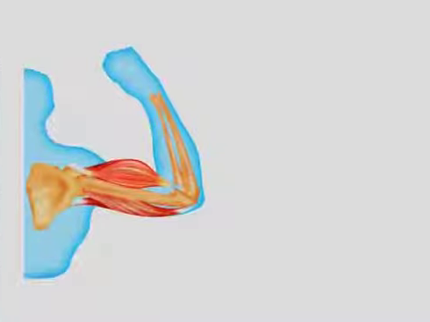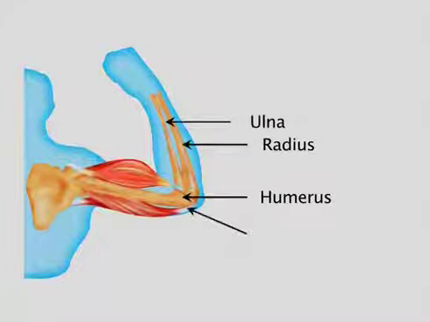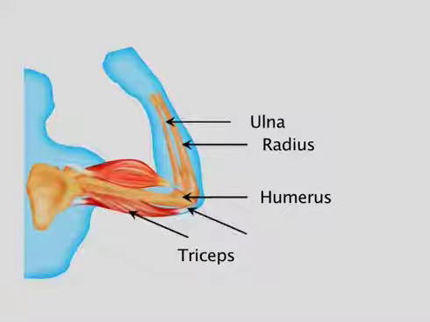Now come to the insertion of triceps. All three heads, the long head, lateral head and medial head, are collectively inserted distally into the olecranon of the ulna. There is the ulna, the bone of the forearm, and it is inserted over the olecranon process of the ulna. Now come to the function and innervation of the triceps muscle. As we know, the triceps is the posterior muscle of the arm, and it is supplied by the radial nerve.